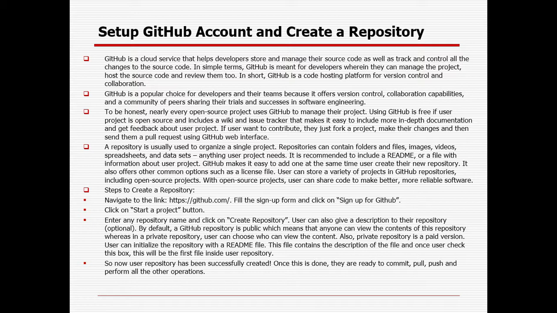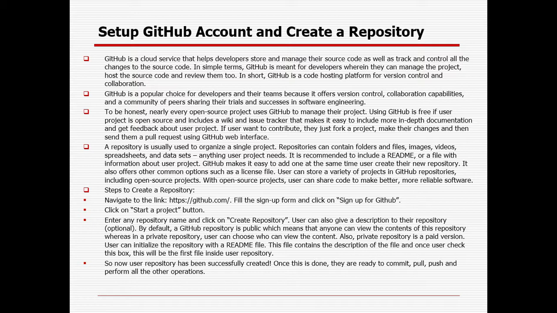So what is GitHub? GitHub is a cloud service that helps developers store and manage their source code, as well as track and control all the changes to the source code. In simple terms, GitHub is meant for developers, wherein they can manage the project, host the source code, and review it too.